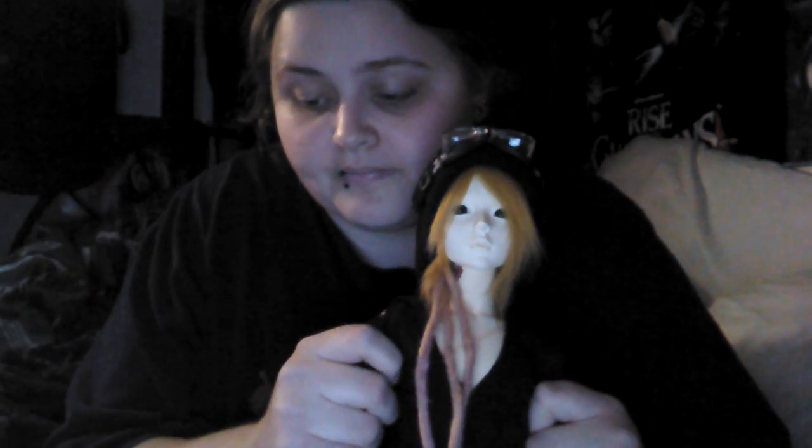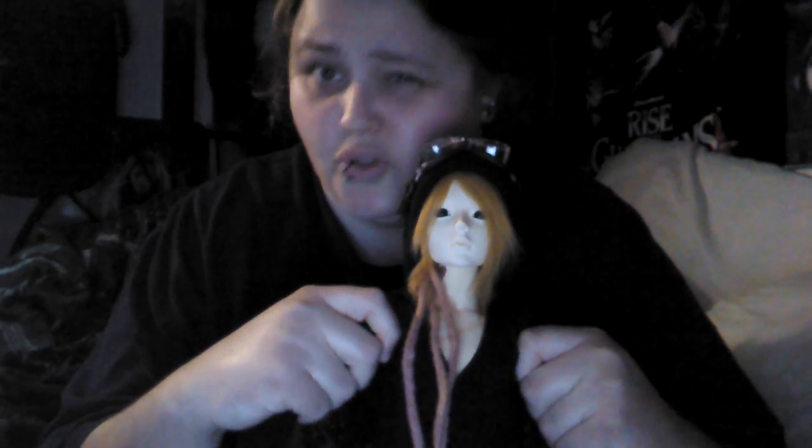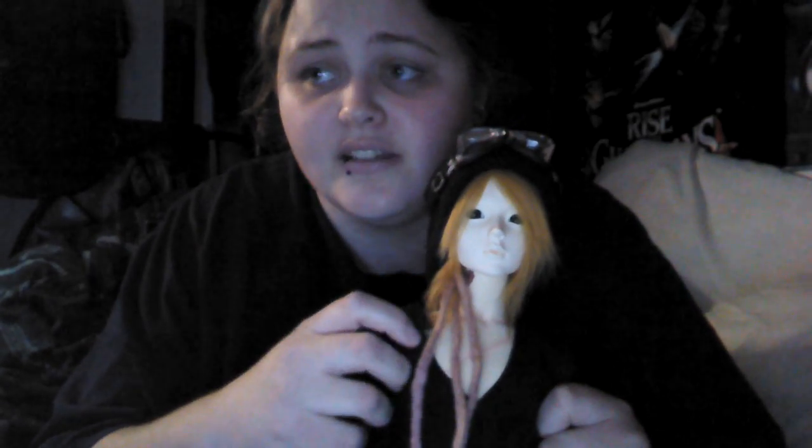And certain sculpts just aren't recasted, certain ones are. If it's Fairyland, Apple House, or Volks, or Zoom, you need to check and see if it's recast. If not, then you're more on the safer side. There are a couple from a couple other companies, but it's not like their entire company like it tends to be with those four. So be careful, but look for deals,